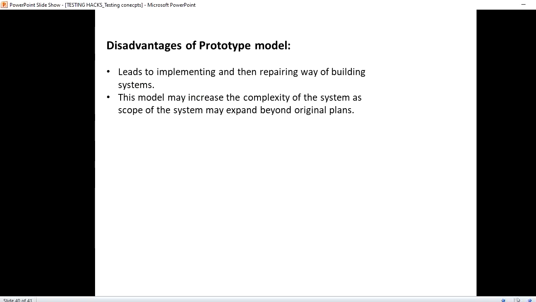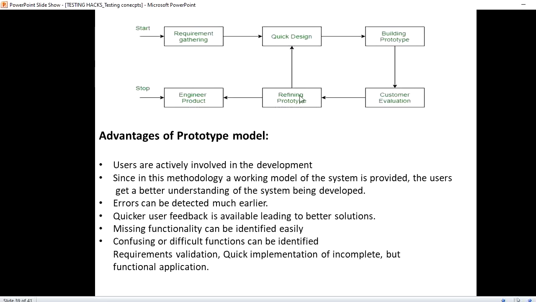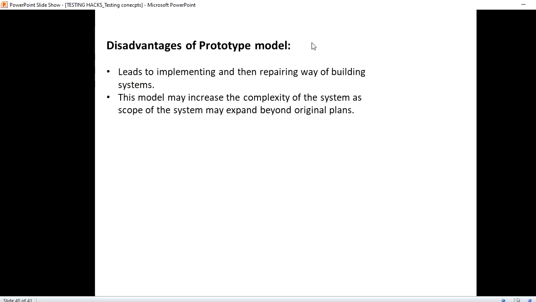When it comes to the disadvantages of this prototype model, it leads to implementing and repairing while building the system. That means the rework process happens again and again. We have already seen in the diagram that after the customer evaluation happens, the prototype refining happens again, and the quick design happens again. So it goes on like a loop.